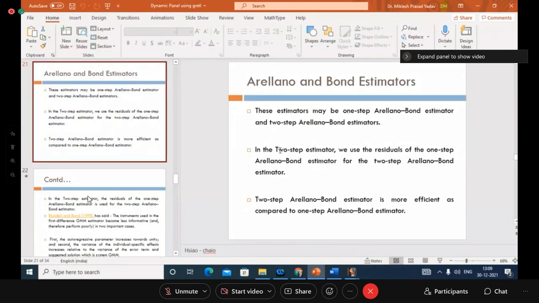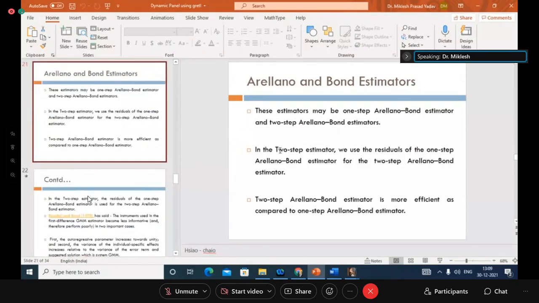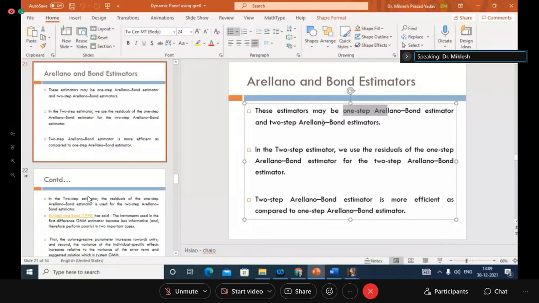Two step and one step, right? By the way, the one step Arellano-Bond estimator and the two step Arellano-Bond estimator. Look at how the result will vary and how your result can be robust. You can easily understand with the help of this. Look,